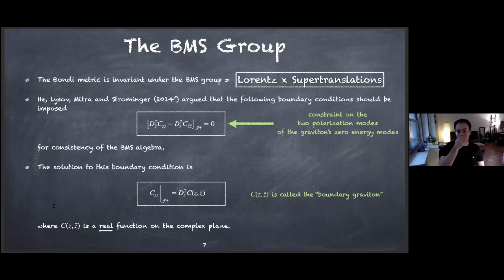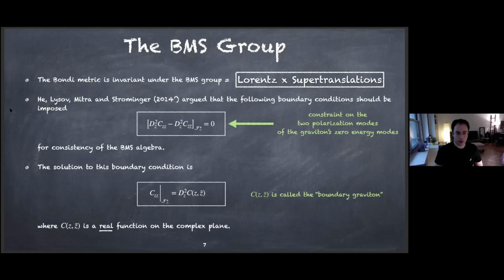The last thing that I want to review here is the BMS group, which is the group of isometries of the Bondi metric. It is composed of Lorentz transformations and supertranslations that I will discuss in detail. At this point, I want to mention a work from 2014 by Compère, Mitra, and Strominger, who argued that in addition to writing down the Bondi metric, one has to impose the following boundary